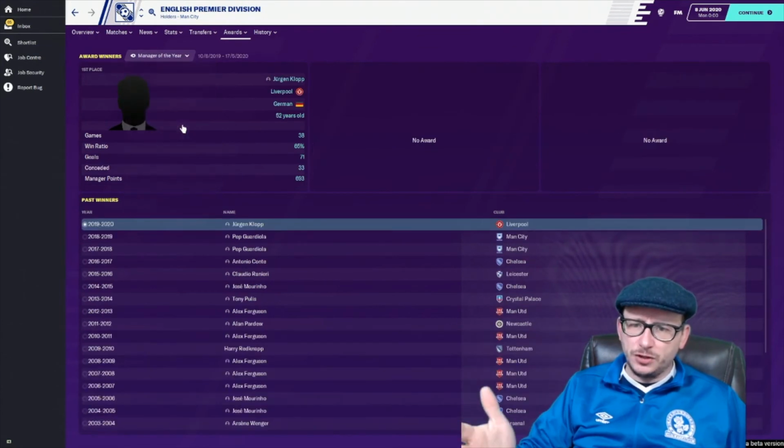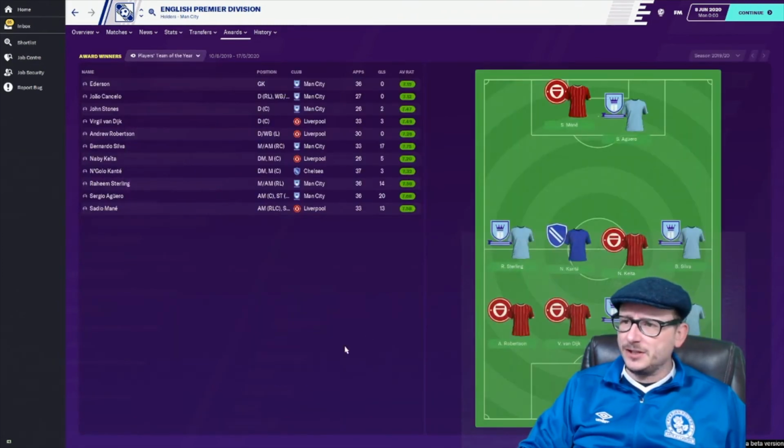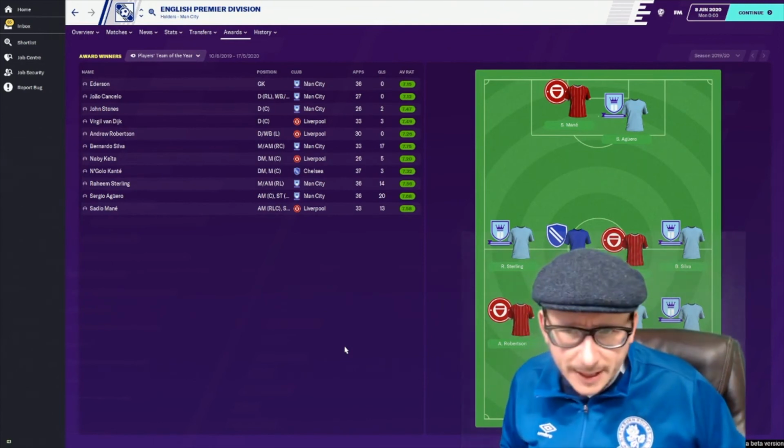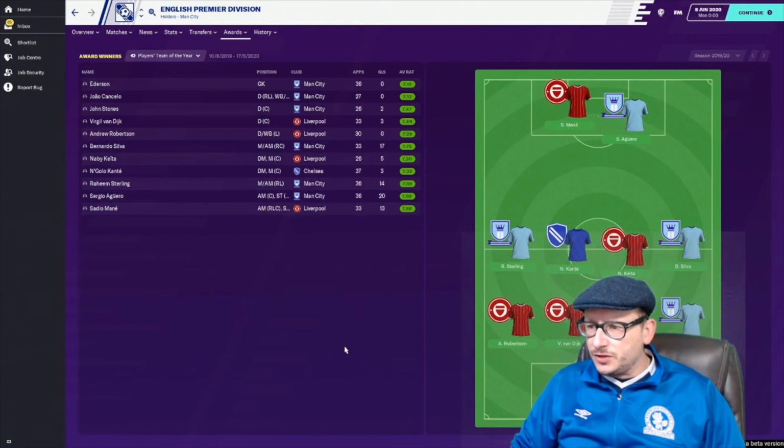Manager of the year goes to Klopp this year. That's a surprise, despite him finishing in second. As for team of the year, this is the situation here. Mane alongside Aguero up top, Sterling on the left, Silva on the right, Kante, and who's that in the middle? Naby Keita for Liverpool. Robertson on the left-hand side, Van Dijk, Stones, and Cancelo at the right back, and Ederson